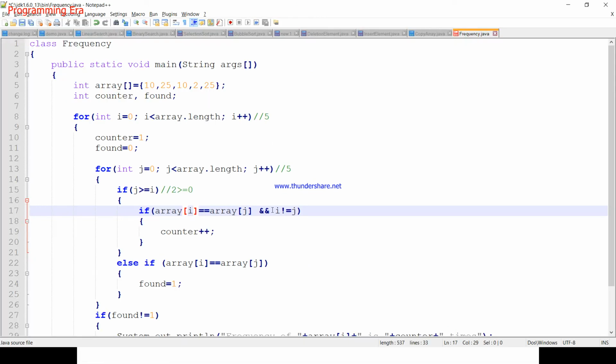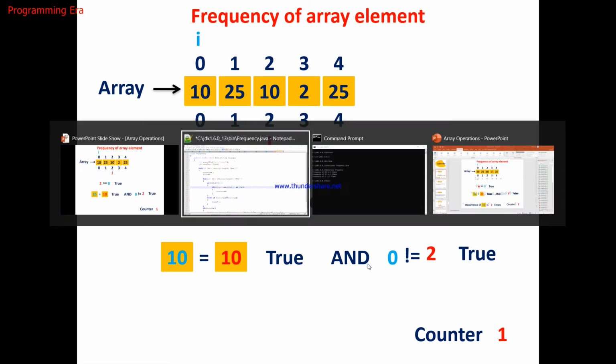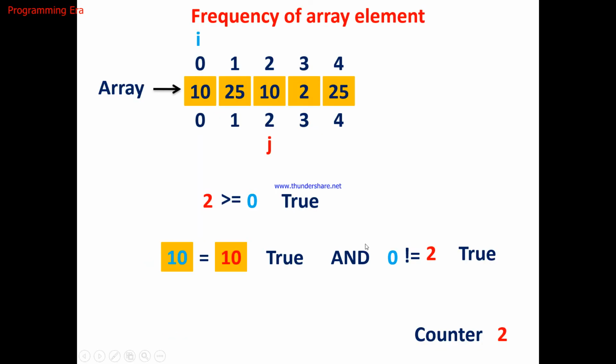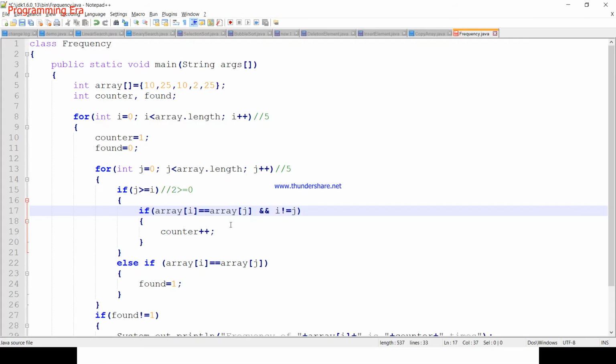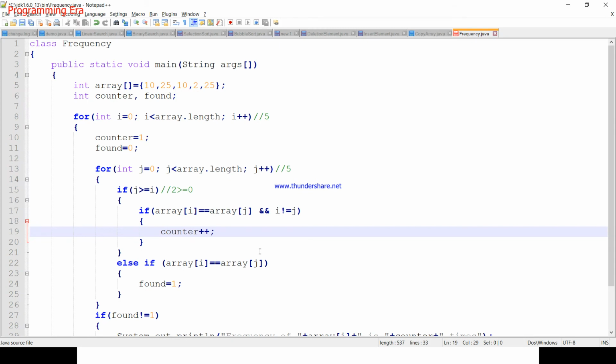The first condition is true. The second condition is also true because i is 0 and j is 2. Both mismatch in this condition. This condition is also true, and in case of AND, this is also true, so the entire result will become true. And in case of true, the counter will increase by 1. So counter will become 2. The counter which was earlier 1 now becomes 2.